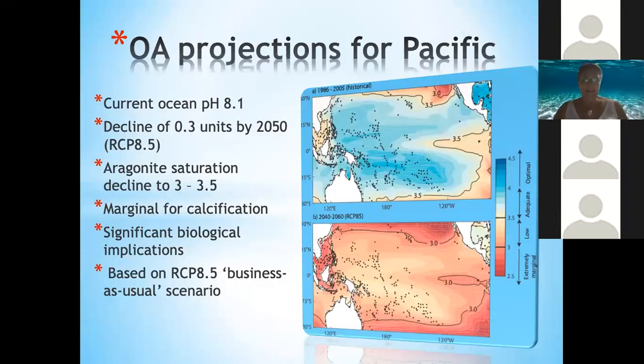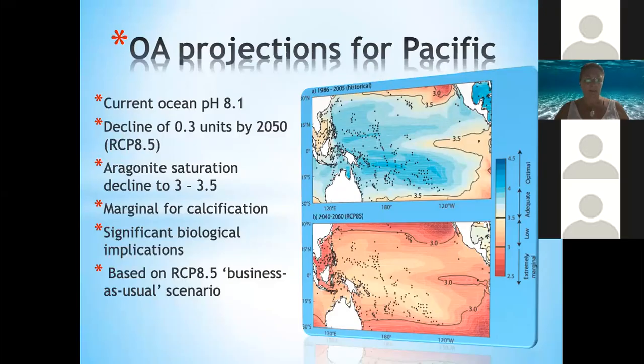So here's this map again showing the historic ocean chemistry conditions for the Pacific region, and then the projected conditions in 2060. So the projections under this high emissions scenario were for a 0.3 decline in pH. What does that mean? Well, essentially the ocean chemistry is really important for many organisms that live in there. There are certain compounds that are either available or not available for organisms to use, particularly those that take up chemicals from the ocean and build their skeletons or their shells.